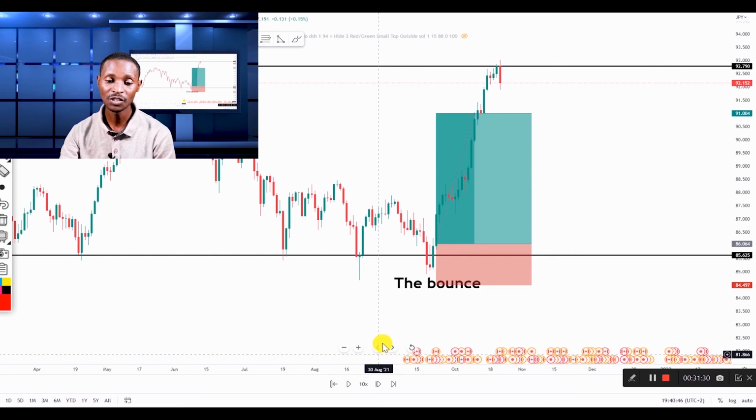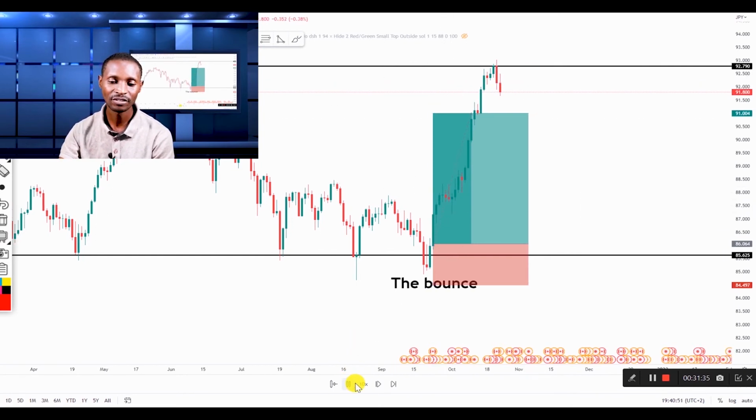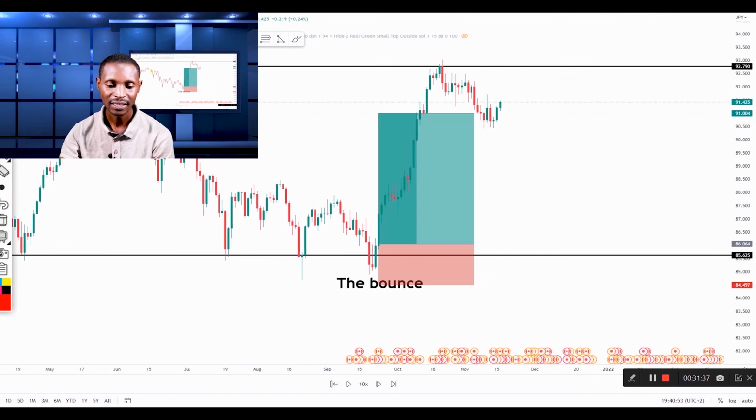After that, you see that no market will trend forever. You see that the market had found the resistance at 92.79, and you see that the market has pushed it down. So that will be our resistance. You will need to draw your box or your line there, and that will be our resistance,